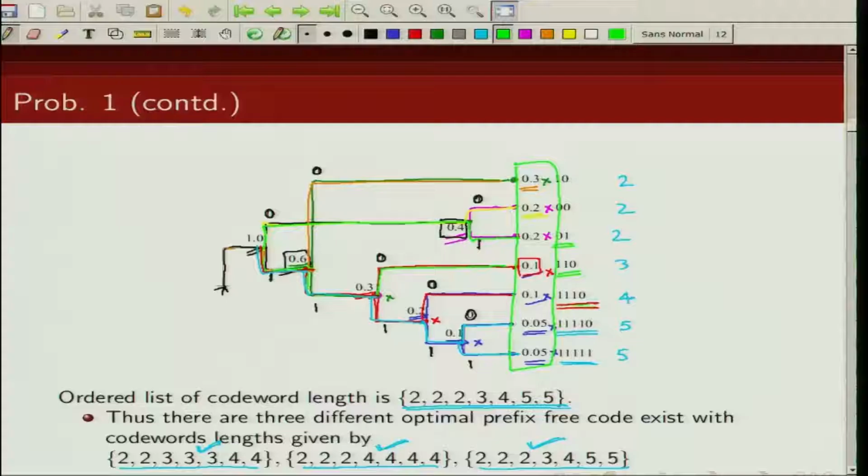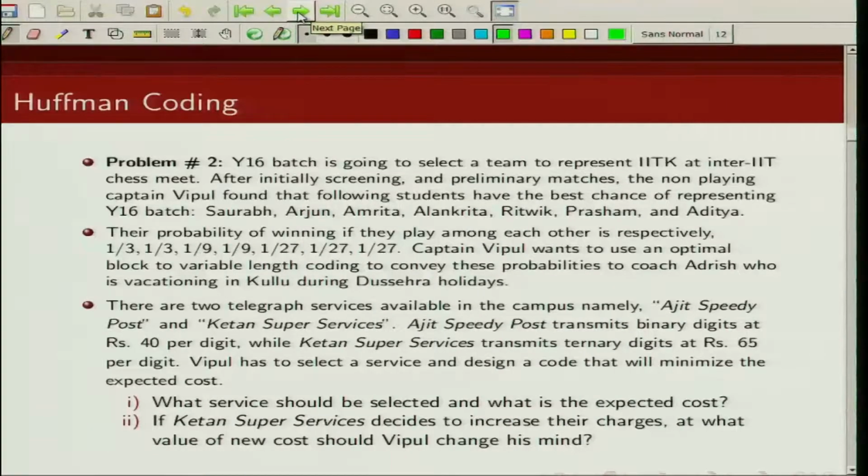Now let's move to the next example. This is also a problem related to Huffman coding. We have a Y16 batch which is going to represent IIT Kanpur in an inter-IIT chess meet. The captain Vipul found out that these are the best students in terms of representing the IIT